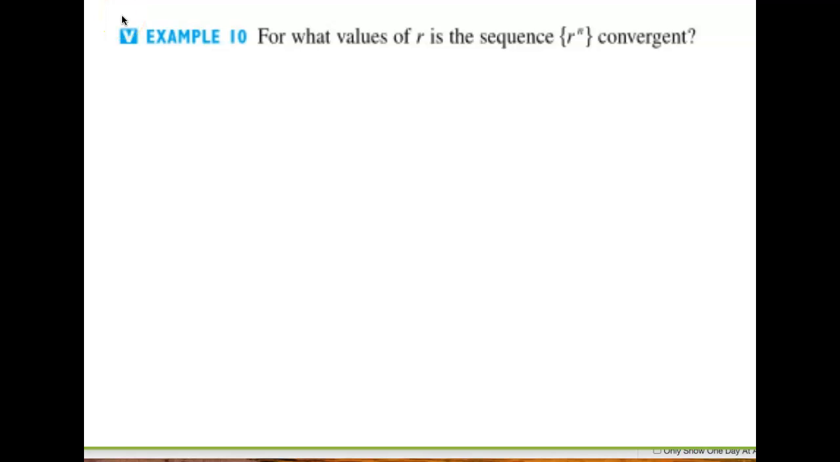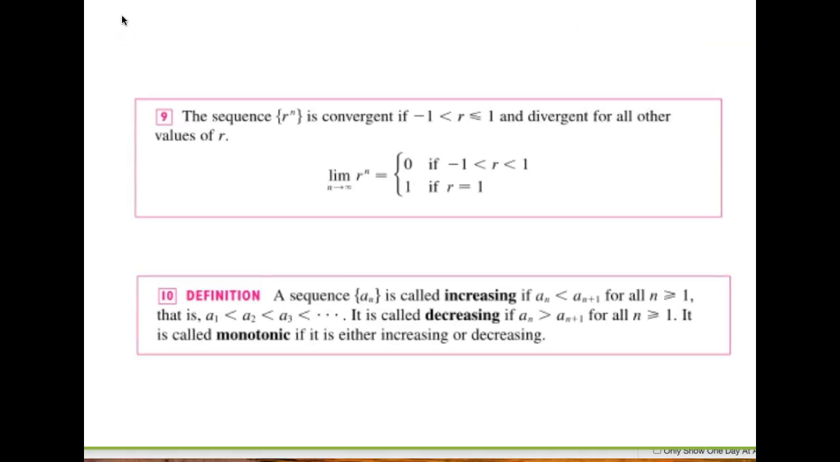All right, so for what values of R is the sequence R to the nth power convergent? Well, if we look at the limit and we break it into a couple of categories, if R is between -1 and 1,